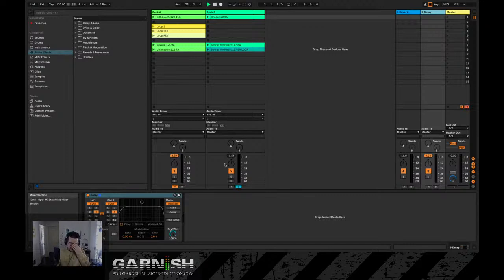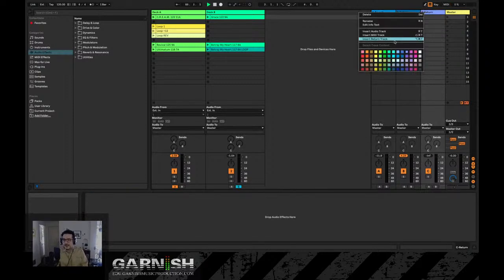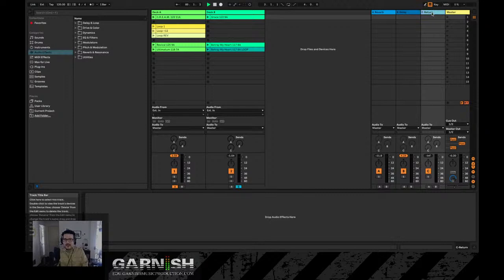Okay. And the cool thing is that even though this is just a basic kind of setup, you can customize this later. So if you wanted to, hey, reverb and delay are cool on their own, but if I wanted to add more returns and more sends, you can do that. And the key command is Option Command T. Okay, you can also right click in here to add a return track. And in this return track,